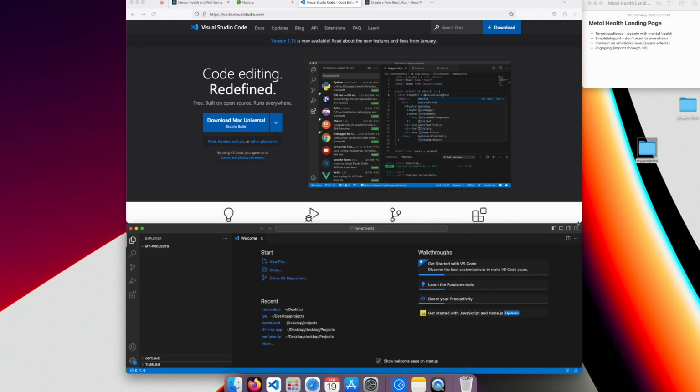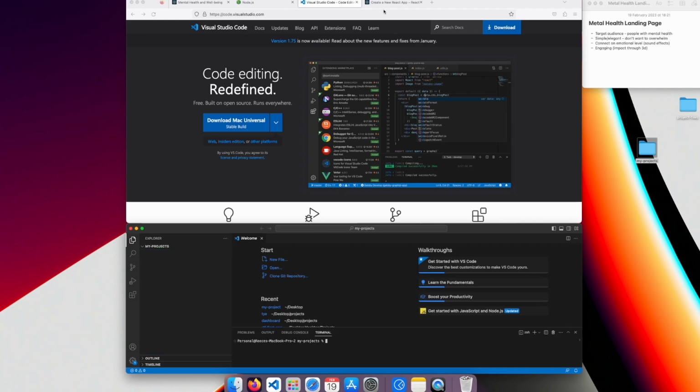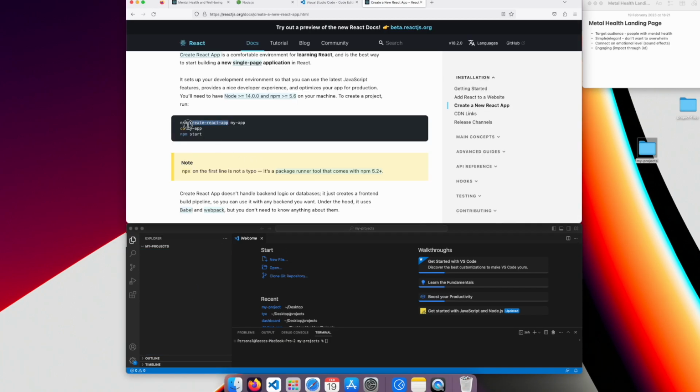From there, what we want to do is create a new integrated terminal, and you can head over to the React website and just grab that code there, and we can run npx create-react-app, and then we can call it whatever we like. So we're going to call this landing-page. Now if you hit enter now, that might take a little bit of time, but that should go through in